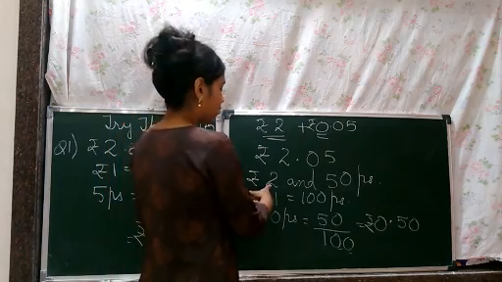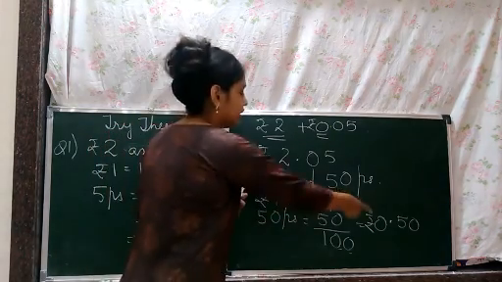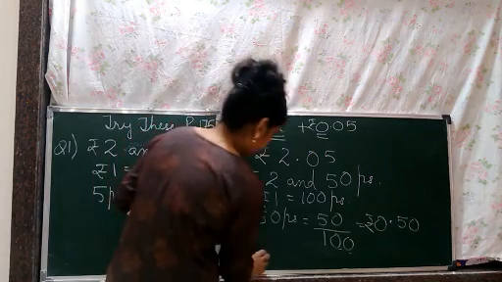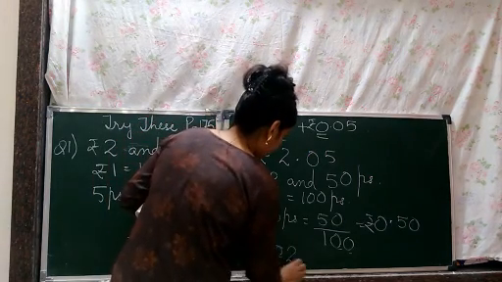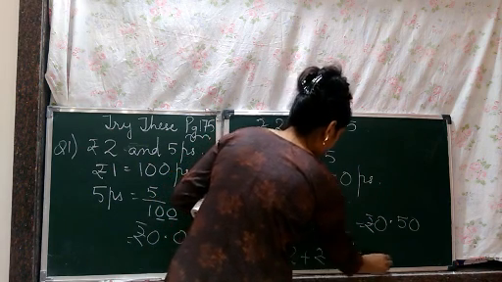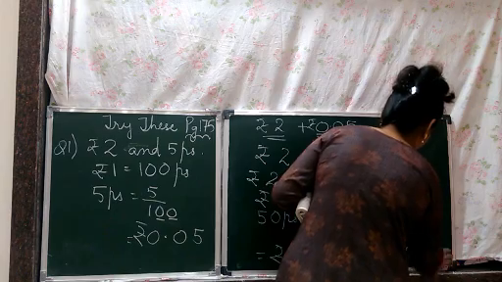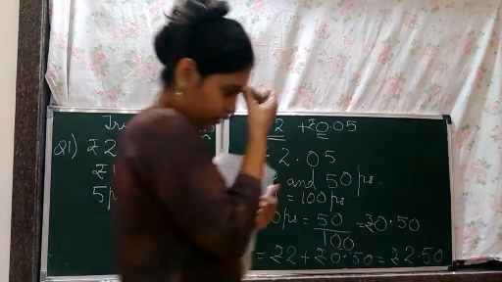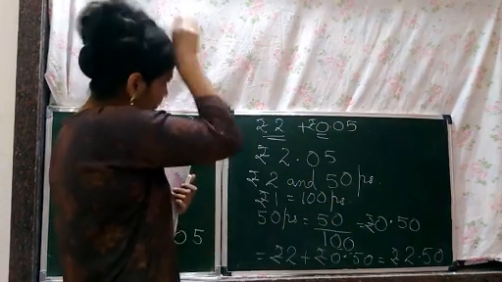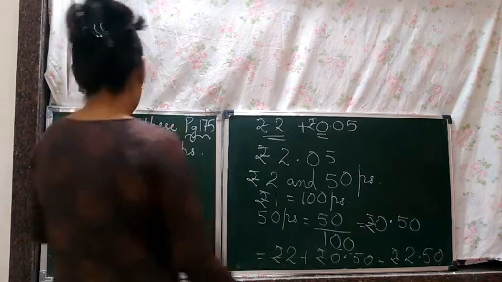And get back to the question, rupees 2 is also there. We need to add these two. Correct? Let's do it. Rupees 2 plus 0.50. This gives us rupees 2.50. Okay, so this completes question number 1 of try these. We are going to start the second one.